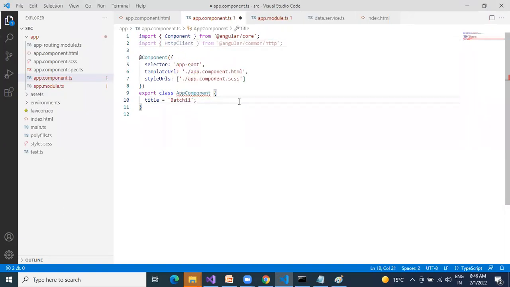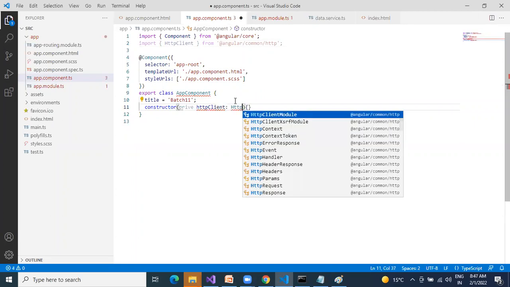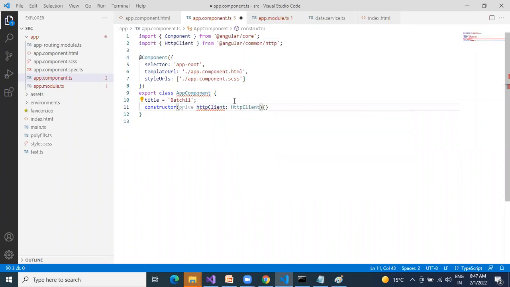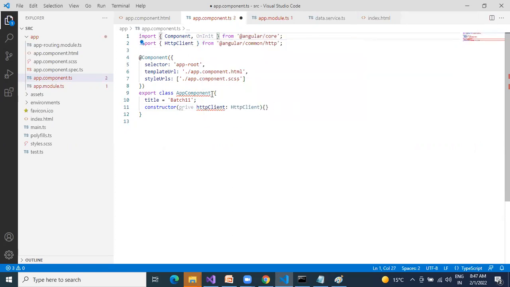Step 2, dependency injection. What is dependency injection? We'll discuss later. Dependency injection is nothing but very simple in Angular: private http client colon HTTP client. Okay. Next, I need to implement one of the Angular lifecycle functions, OnInit. Next, implements